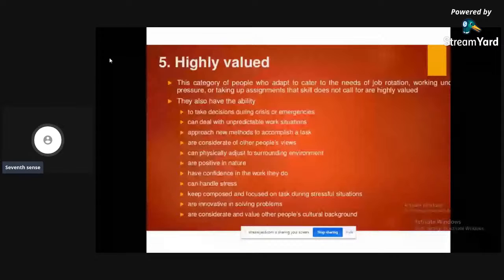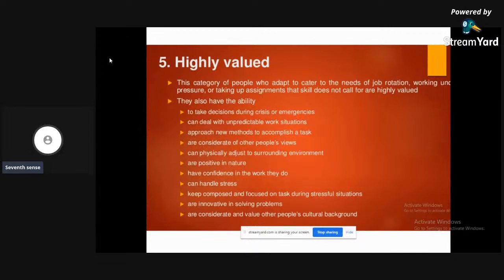Next point is under stress. Suppose you lose focus because of your stress, and then you can't finish the work in time. What is the use of being stressed when you can't finish the task in time? Be innovative in solving problems.